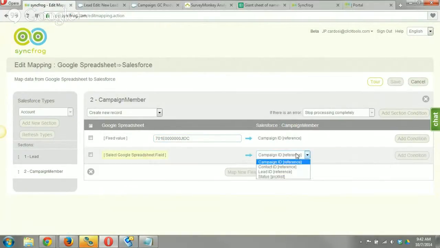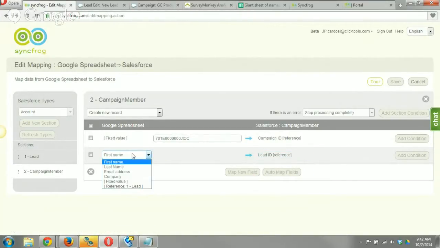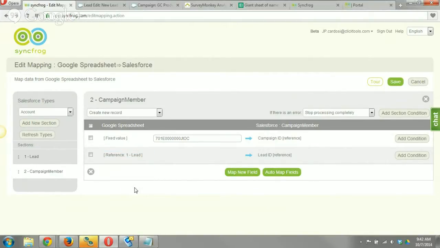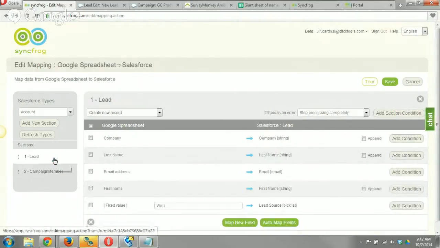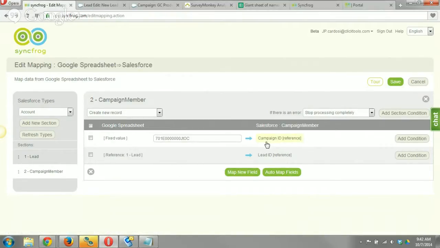And we're going to click on Map New Field, and we have our lead ID, which is going to be created in our first mapping section here. And so we can use our reference one lead. Excellent. So what that will do is our first mapping panel here will create the lead. So we have our new lead, company information, last name, email, first name, our fixed value of the lead source, where they came in from, and now we can always add new ones of this. And then we have our campaign member, which will give our campaign ID, and our lead ID is grabbed from